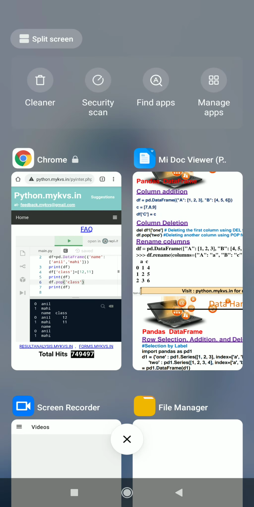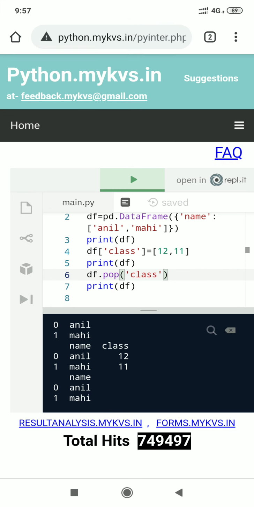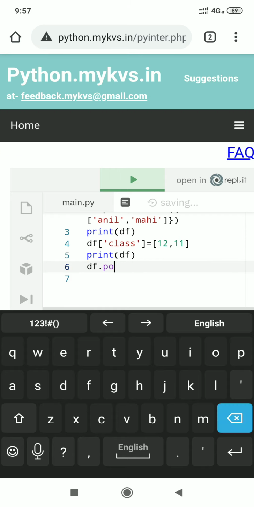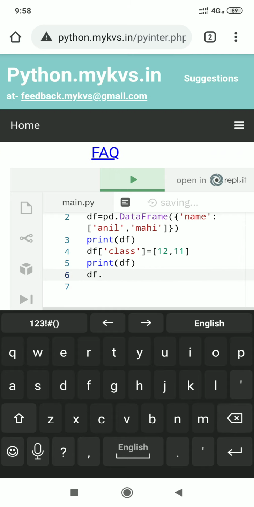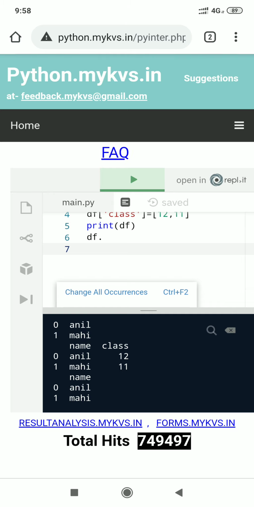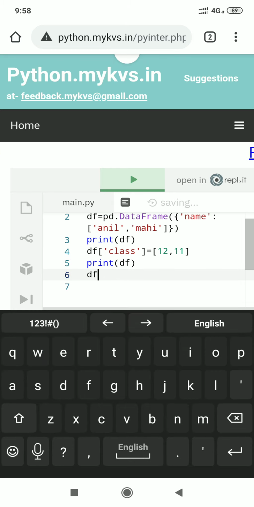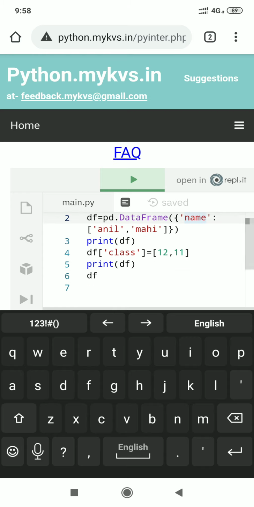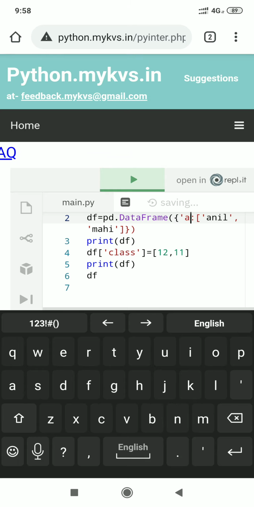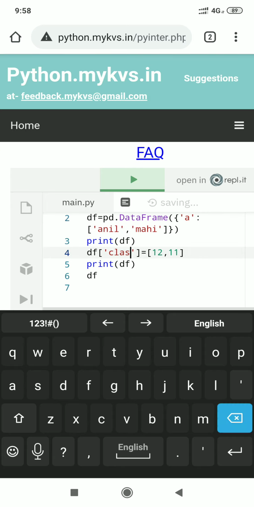What I do, we are having df. In place of name, I have column A, then column B, and now I display the value of these columns.